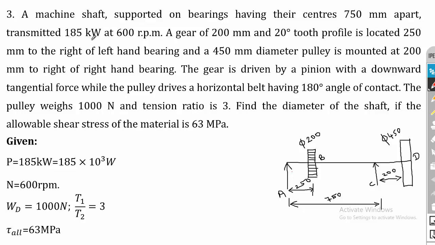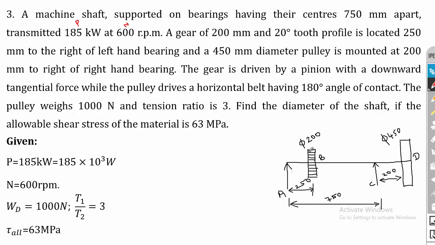Transmitted 185 kilowatt at 600 rpm. So the power is 185 kilowatt and the speed is 600 rpm. A gear of 200 mm. So actually in the problem the drawing is not given. A gear of 200 mm and a 20-degree tooth profile is located 250 mm to the right of the